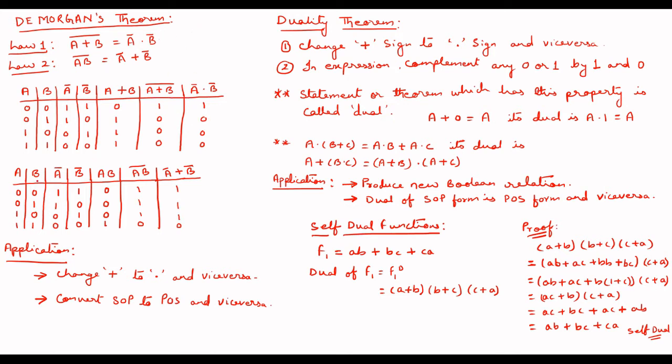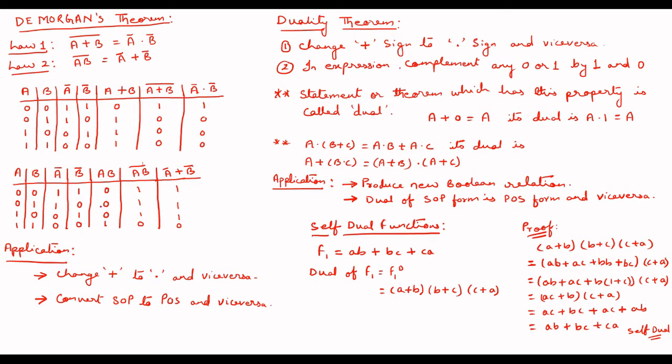Coming to law number 2, the same thing, I have taken two variables, and as per requirement I have taken complement and dot, and I have ORed it as per the requirement of the law. And then finally when I see the final output of (AB) whole complement, this one, and A complement plus B complement, this one, I am finding the values in these columns are the same. So this proves law number 2.